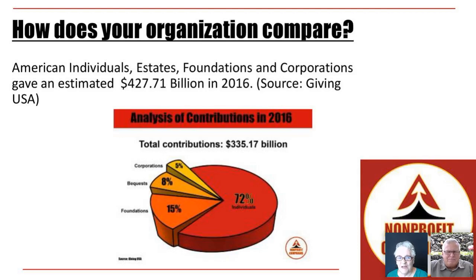So the 80-20 rule there is 80% of your money is going to come from individuals, and 20% is probably going to come from businesses and foundations. I also kind of argue with the fact that they call it corporations, because there's an awful lot of businesses that are not incorporated that are also giving. And I know sometimes we think of the big corporations.